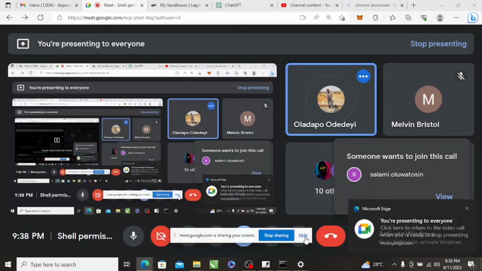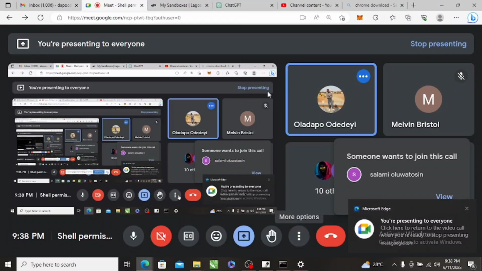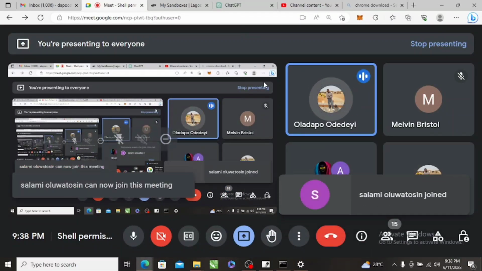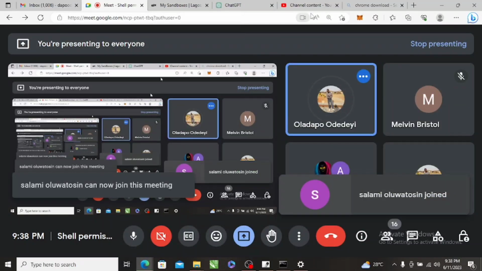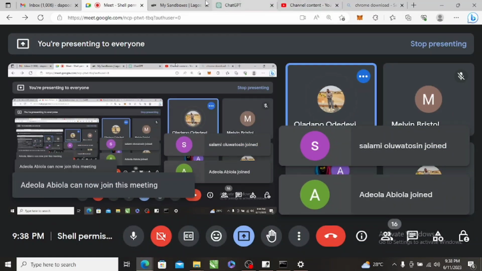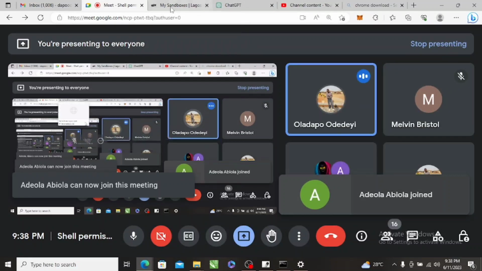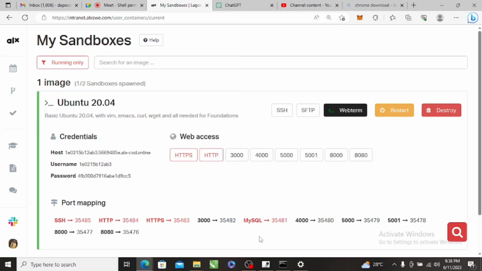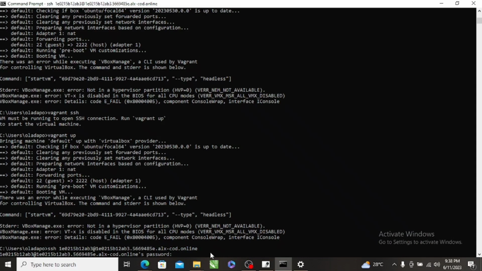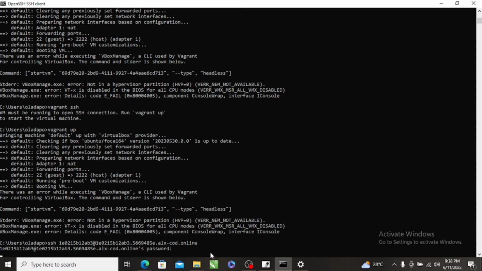Okay. You can see it now, right? Okay. So where am I? Okay, so I'll copy this password here and then go back to my command prompt and paste it. I pasted it and I press enter, and then it should bring me to